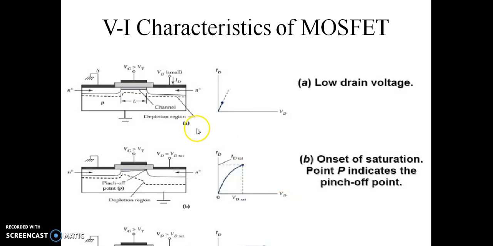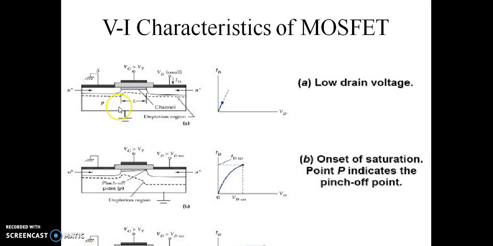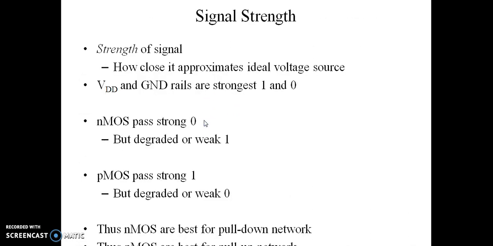So the device will become on. There are 3 types of region in which this particular MOSFET works. First is the cutoff region, then the linear region, and last is the saturation region. In the first region, the cutoff region, whenever voltage VGS is less than VT, the threshold voltage, suppose we are considering 0.7 here, there is no formation of a channel, and that's why the current flowing is very small, because of minority charge carriers. So we can say at this point our device is in the off state.